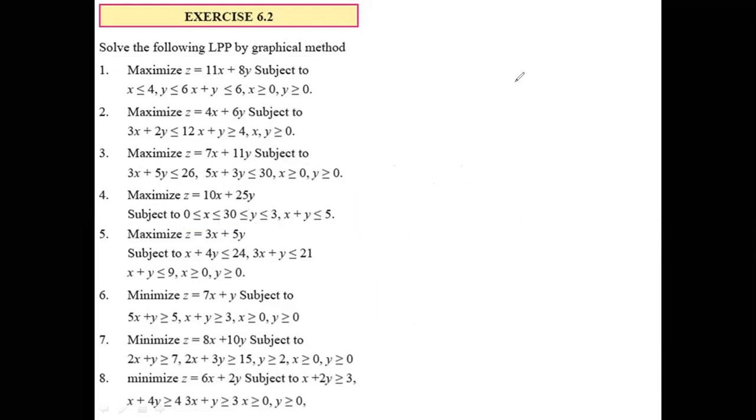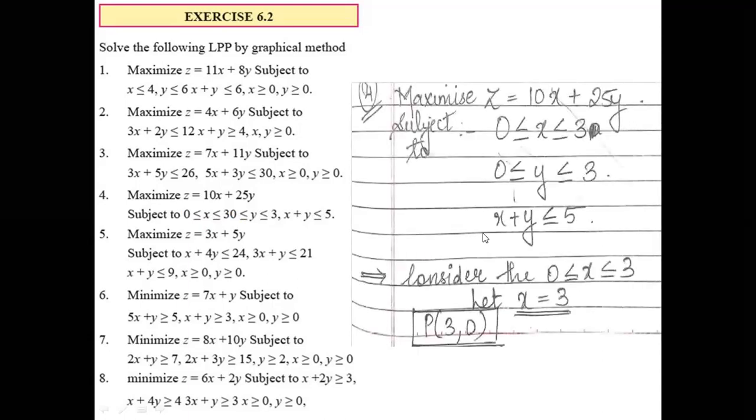So basically, you don't have to look at 0 less than equal to x and 0 less than equal to y. So basically, we are left with the constraints x less than equal to 3, y less than equal to 3, and x plus y less than equal to 5. So there are two independent variables, x and y, and an equation which is involving both x and y. So let us see how do we solve the sum. I hope the sum is clear to you all. So this was the sum.